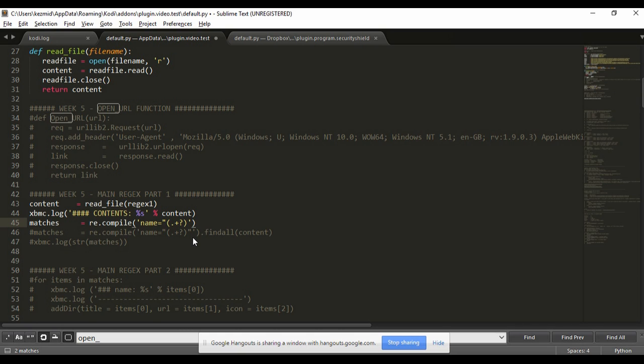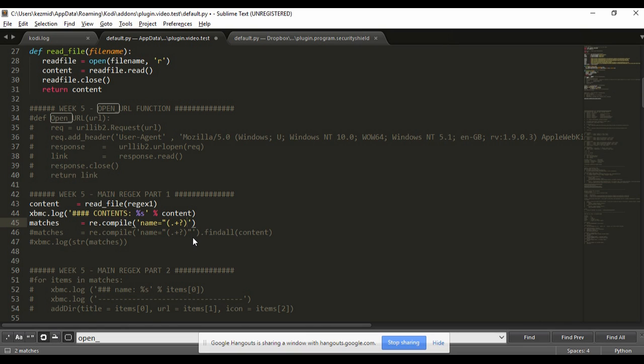Like I say, you can Google that. Just Google regex or regular expressions, either of them. I mean, that's what it's short for. Regex is short for regular expressions, and it'll give you a whole list of what all these different bits and bobs mean. But essentially, what that little bit there means, so open brackets and then the dot plus question mark, means grab everything after